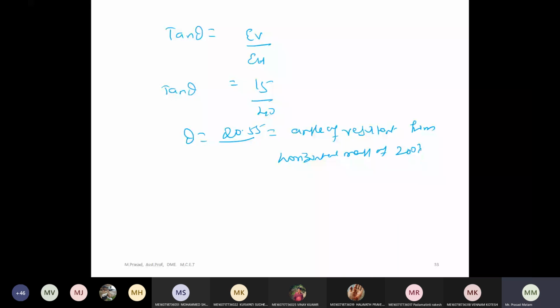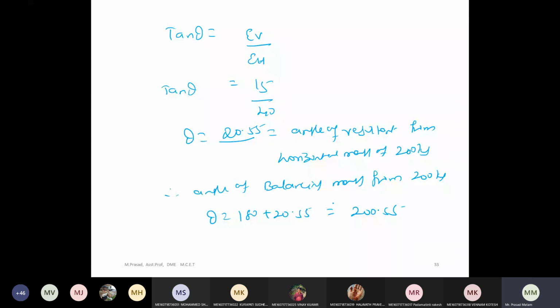Now therefore, the angle of the balancing mass, how much will it come? Balancing mass from 200 kg, theta equals 180 plus 20.5, that is around